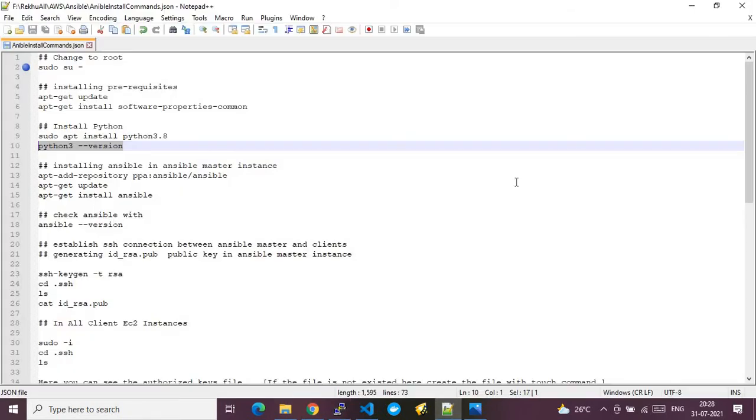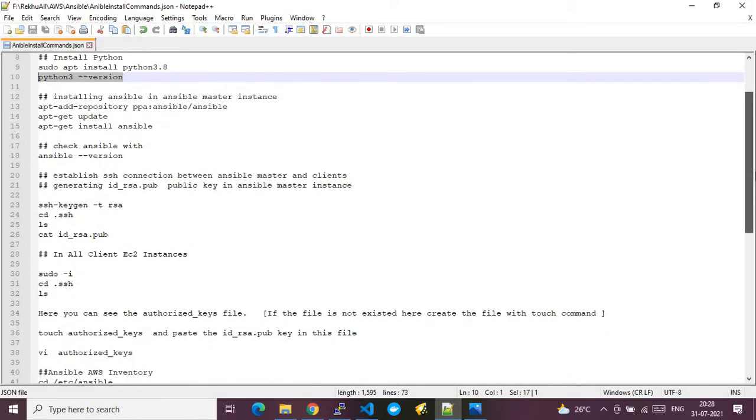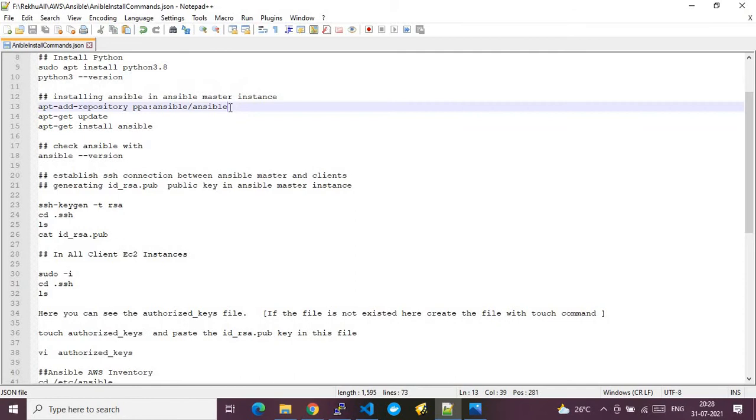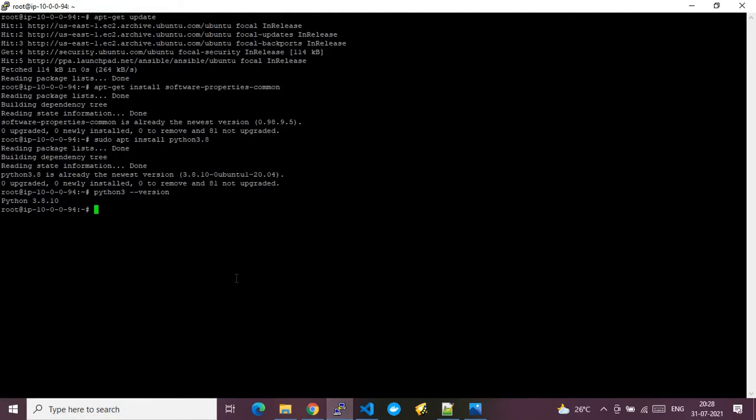Now let's go to the original task. Till now we were doing only the prerequisites. Now what I'm doing is running the commands meant to set up Ansible in this Ubuntu VM. This is Ubuntu 20 something, a higher version of Ubuntu. Now I will run this command so that it can point to the repositories which are needed for installing the Ansible tool. Let me run this command.